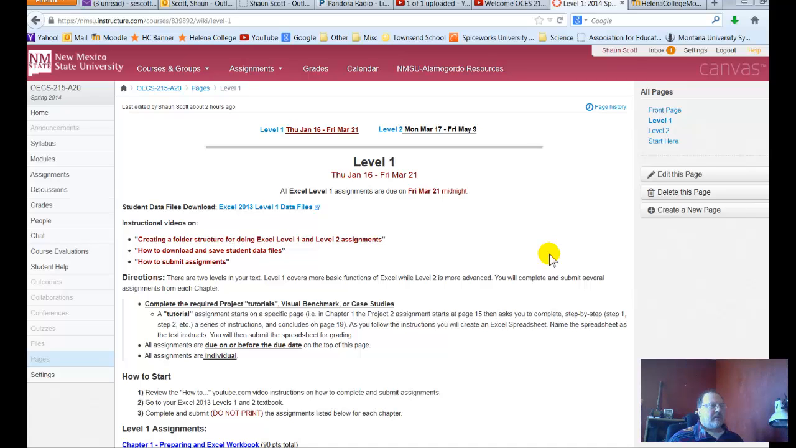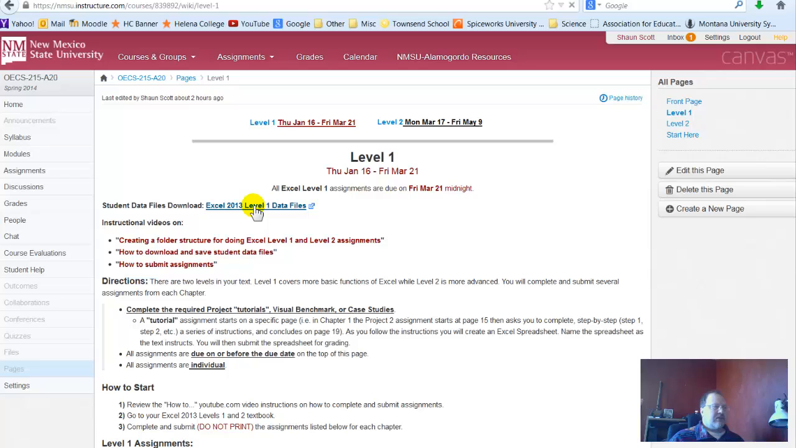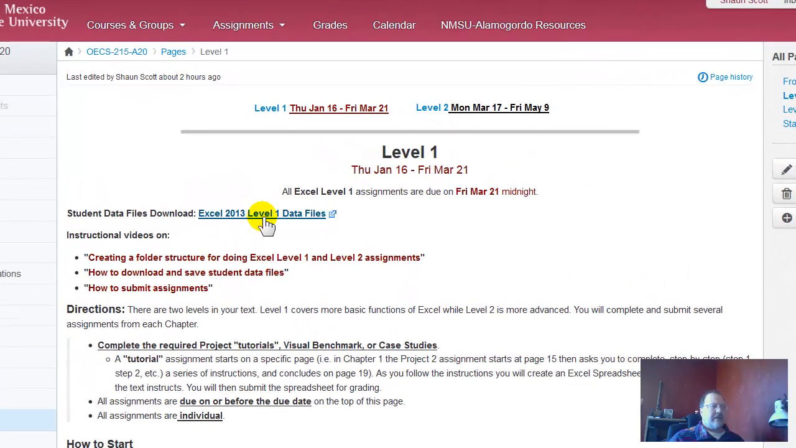Hi, I wanted to go ahead and quickly show you how to download these data files. We have Excel 2013 Level 1 data files linked on each Level 1 and Level 2 page. So there are different sets of files. To download these, if you didn't get the CD with your textbook, just click on that link,